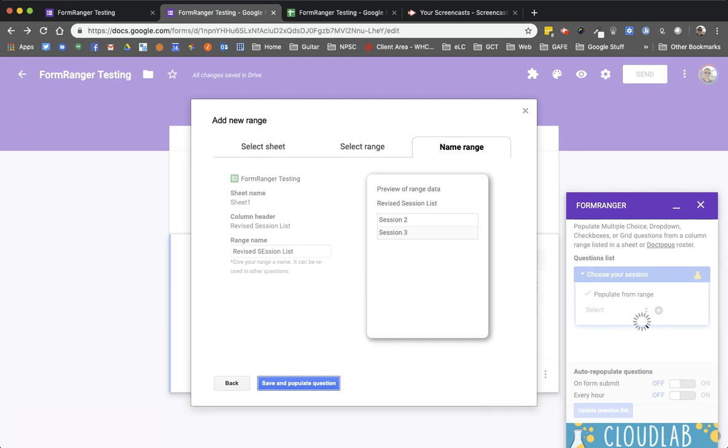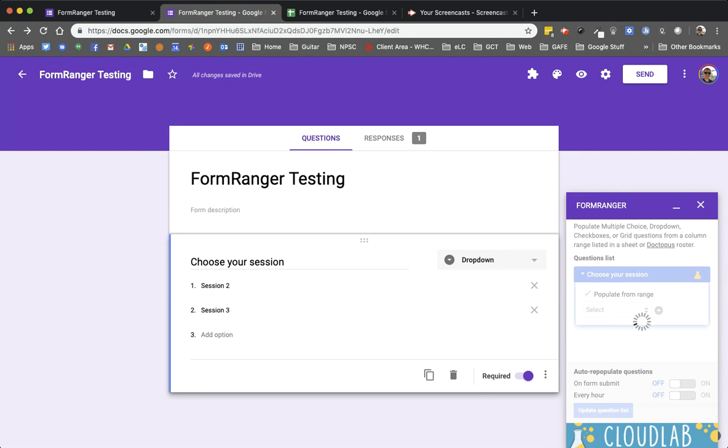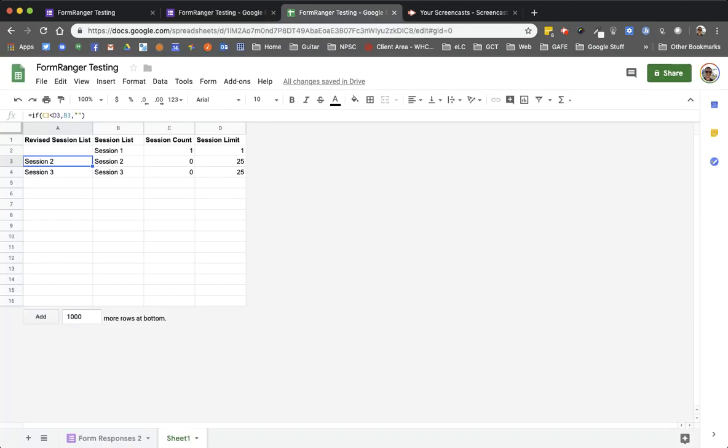So what happens is it'll take away the manually added question type options, and it'll update whenever you'd like, or however frequently you'd like. Given that you do have a limit, say for a number of people that attend a session, you can turn on every form submit at the bottom here on auto repopulate questions. And what would happen then is, if I were to actually go in and change this to a limit of 1,